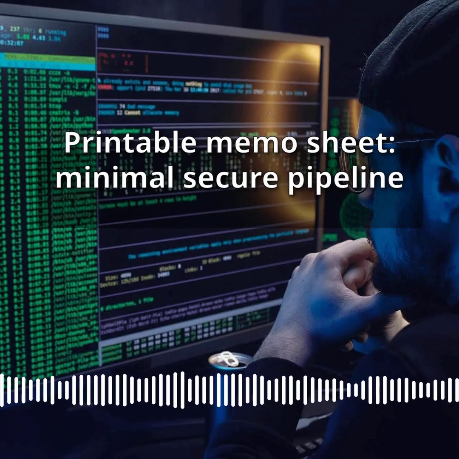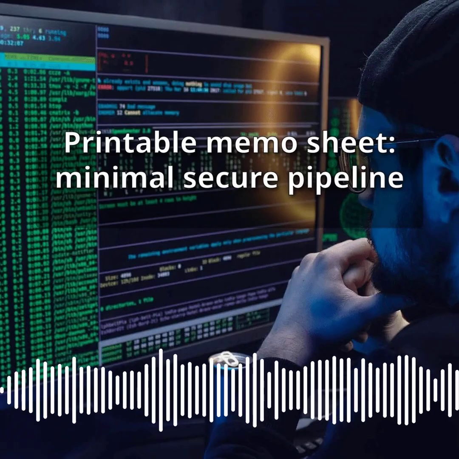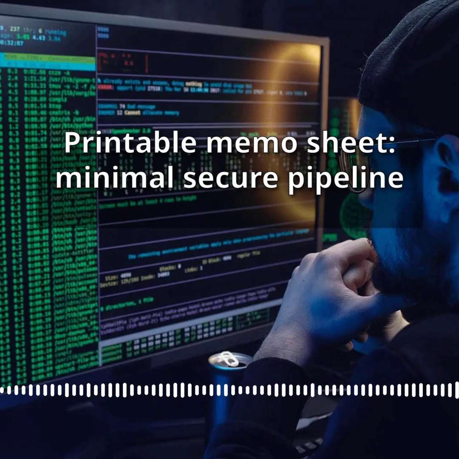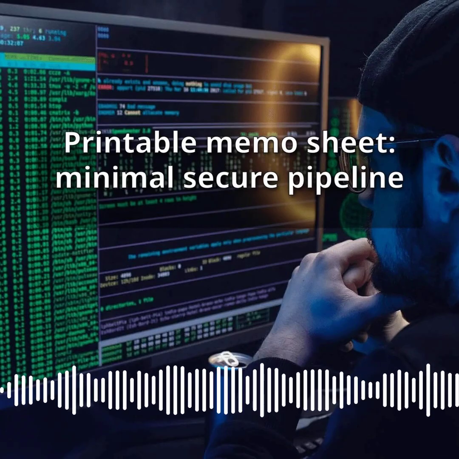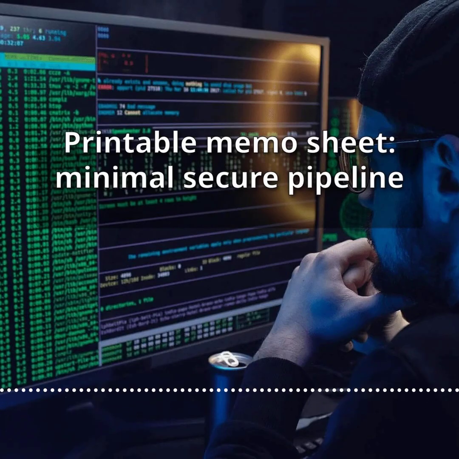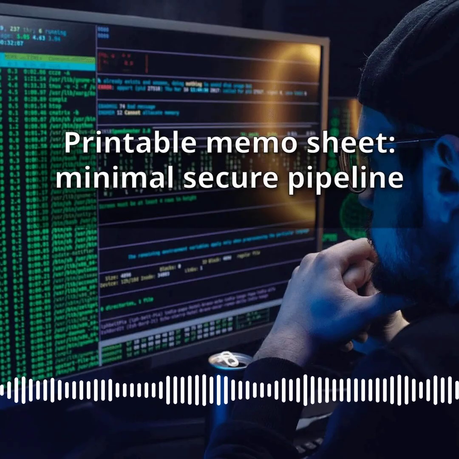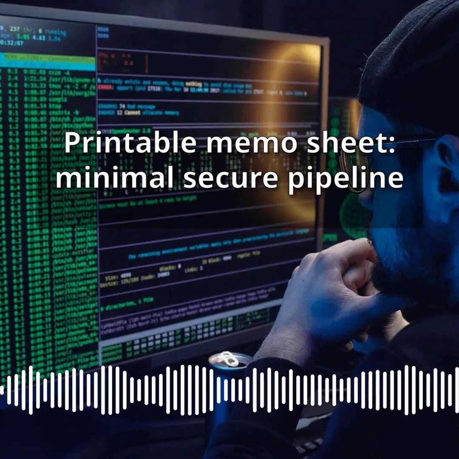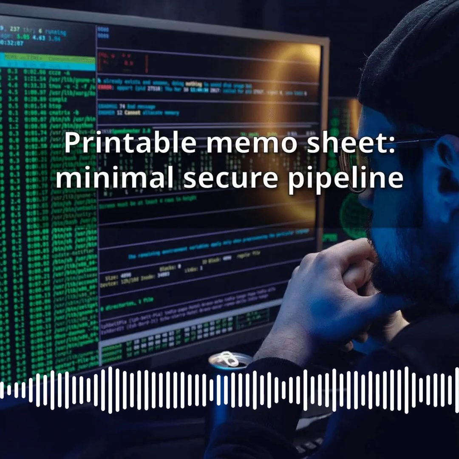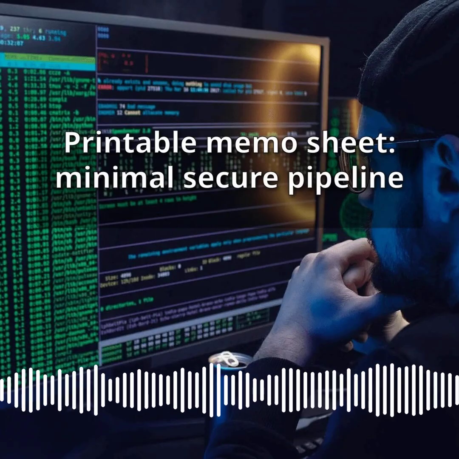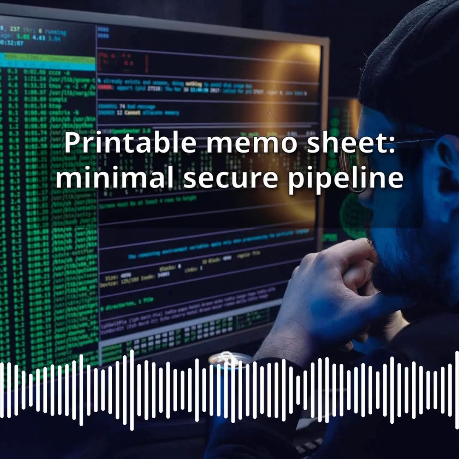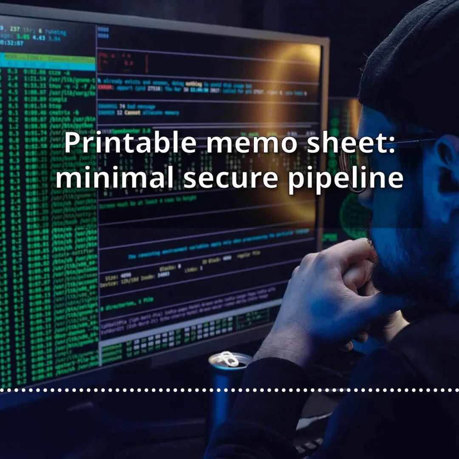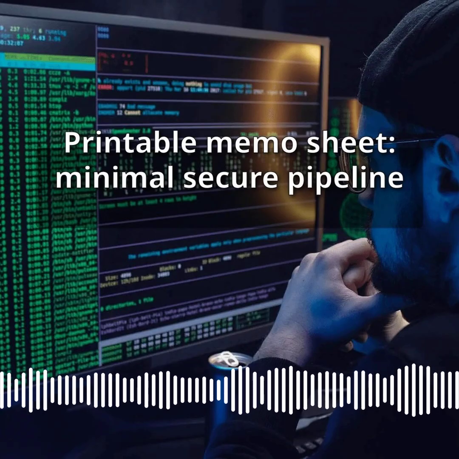Pre-commit hooks. The first automated security gate. A pre-commit hook is a script that runs automatically on the developer's machine before a commit is finalized. It acts as the very first automated security checkpoint in the pipeline. A minimal pre-commit configuration should at least scan for secrets and credentials using tools such as Detect Secrets or Trufflehog. These tools look for patterns that match API keys, tokens, passwords, and other sensitive strings. Check for obvious syntax errors or forbidden file types. Reject the commit if any violation is detected, forcing the developer to resolve the issue before the code can enter